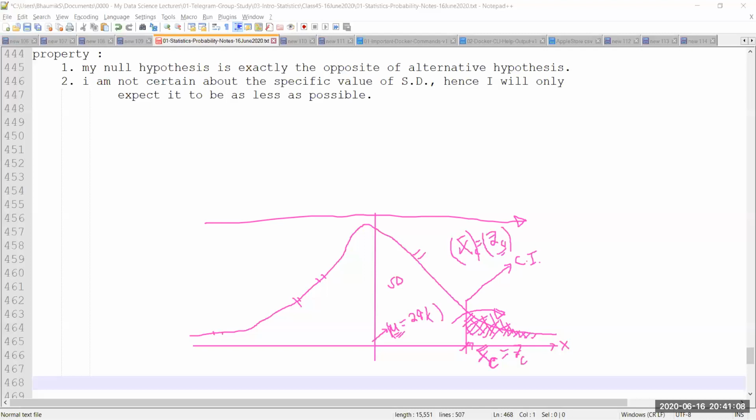And that is the reason why this is my area of interest. Because I have already told you, statisticians or data scientists like us are always interested in this area, so that I can reject the null hypothesis and I can go ahead with what I think is the best. I don't want